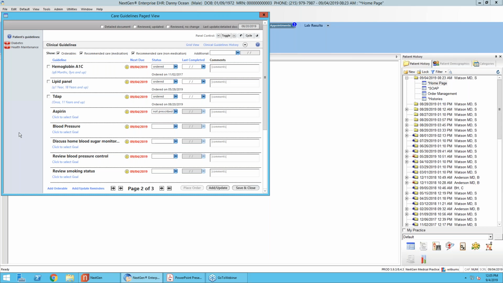This is really a generic term that we use to apply to any of these items, whether it be an orderable or recommended care. It's really just the line items that are contained within the care guidelines themselves. So each of these line items would kind of be a guideline, if you would. So to start our session off today, the most common question that I typically get related to care guidelines is,